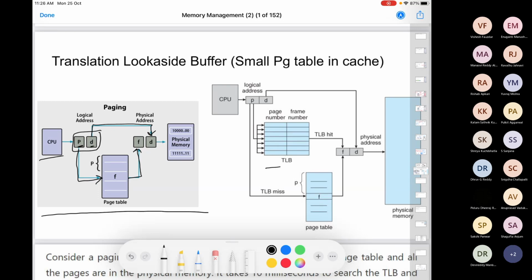Now, when you introduce a translation look-aside buffer, instead of directly going to the page table, once you know the page number, you first look in the TLB, right? If you find it in the TLB, it's a TLB hit. Anyhow, you got the frame number. Otherwise, you go to the page table in the main memory. When there is a TLB miss, you can get the page and keep it here and you get your physical address. Now, what is the problem with this? There is a huge problem with this which we haven't talked about. So the introduction of TLB brings in a challenge.